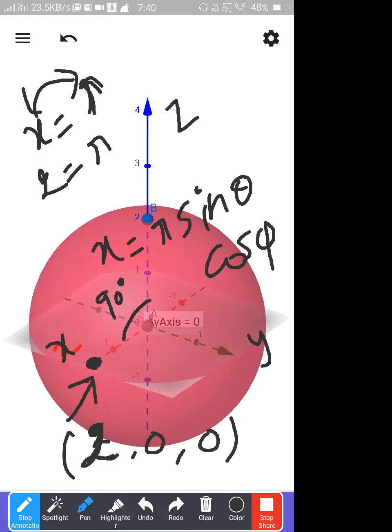Then please somebody tell me what is the phi value? Phi means always the angle measurement from the x-axis or the x-z plane. So what is your phi? Your phi is 0, because you are exactly on that plane. Now you know what is phi, you know what is theta. If you substitute, are you getting x is equal to r? Anybody?